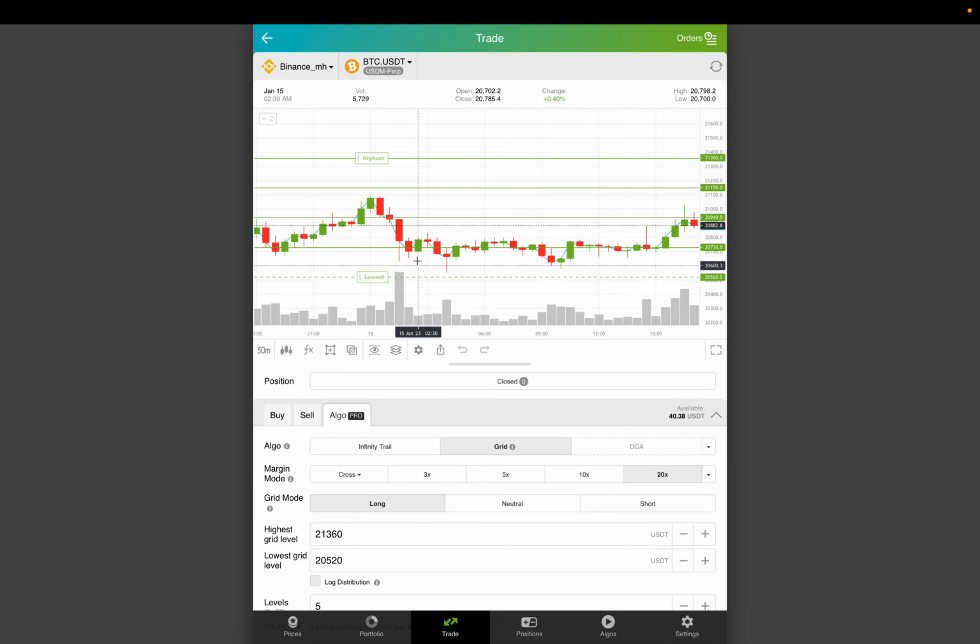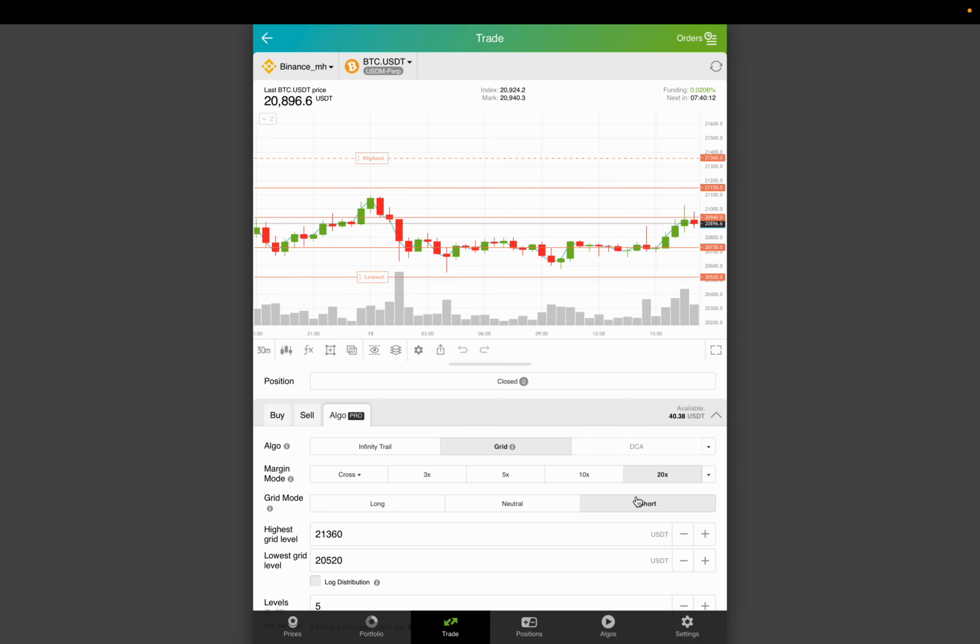So again, neutral grid profits from volatility inside the range, loses money when the price goes up or down, leaves the range. Long grid makes money here, and if the price goes higher, it's not losing money, it's actually making money on the way here. And short grid makes money both inside the grid range and when the price moves out of the grid range, right? And again, as I already mentioned,